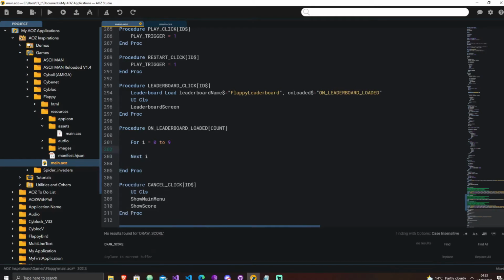Now, because we know how many we've got passed in, we can check the value of I against this count variable to see whether we've got an item in there or not. So what we can say, if I is less than the count, whoops,